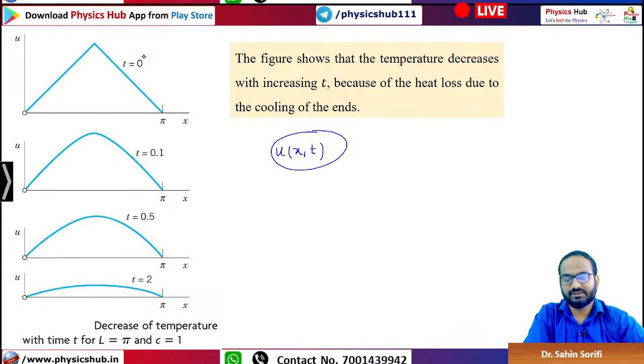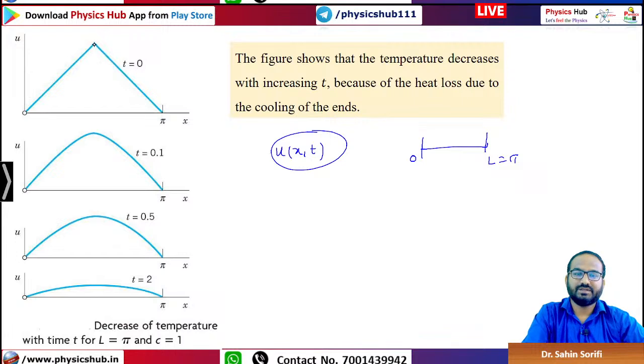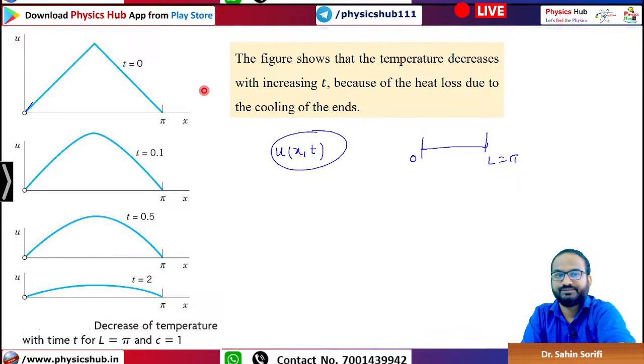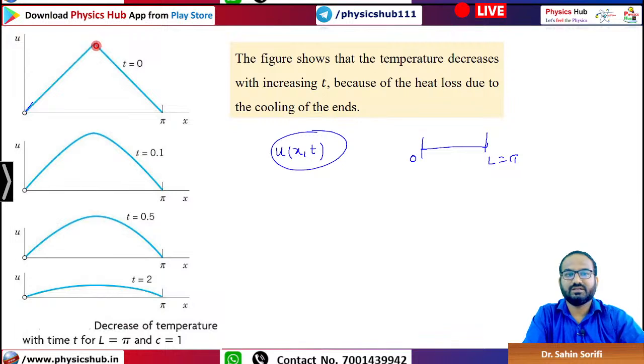So when t equals to 0, if you consider that one end is kept at 0 and another one L is equals to pi, then you see when the time is 0, the variation is triangular. At the midpoint the temperature is maximum, and as you increase the time it is falling down. t equals to 0.5, it is falling down. t equals to 2, falling down. So when you are measuring it after a long time,